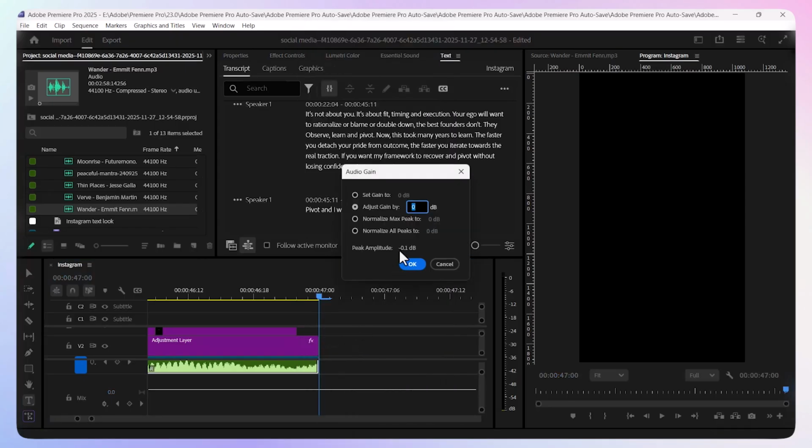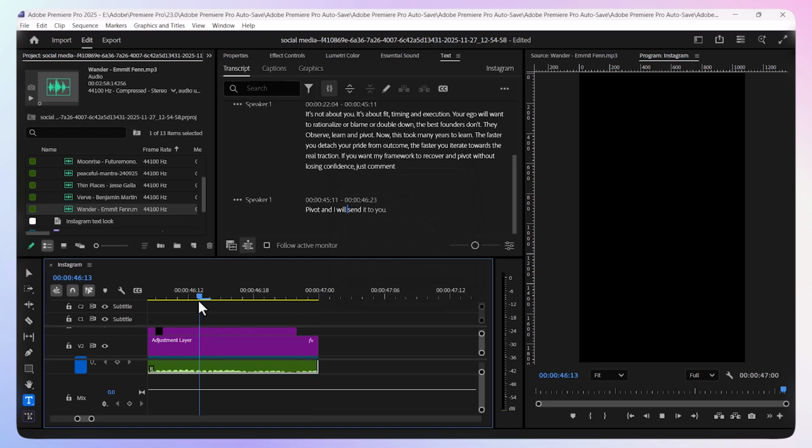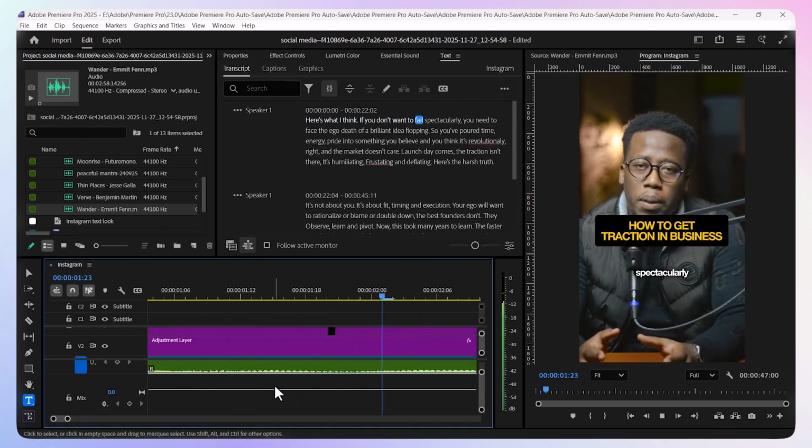So you need faith, the ego death of a brilliant idea flopping. So you've put time, energy, pride into something that you believe and just know is